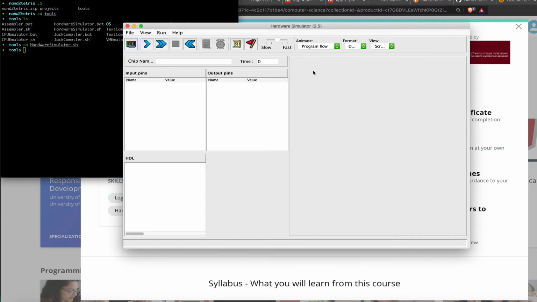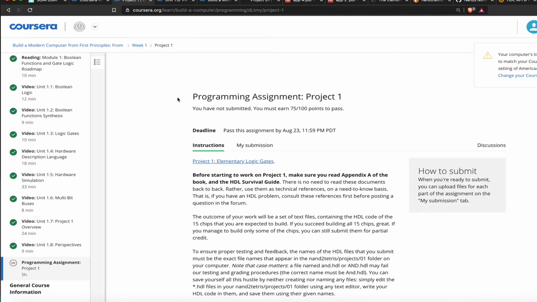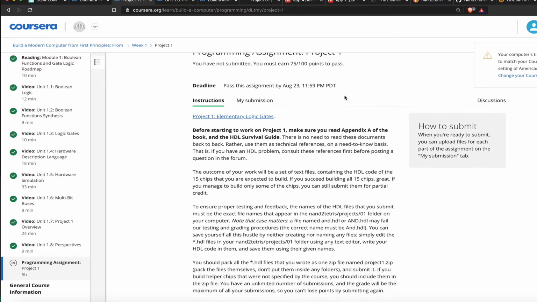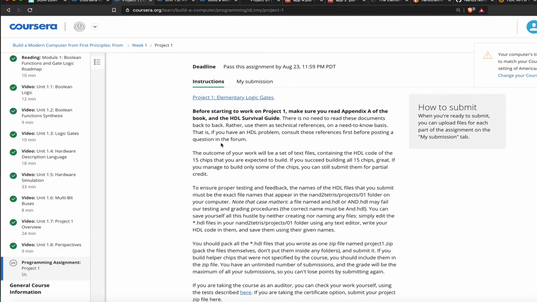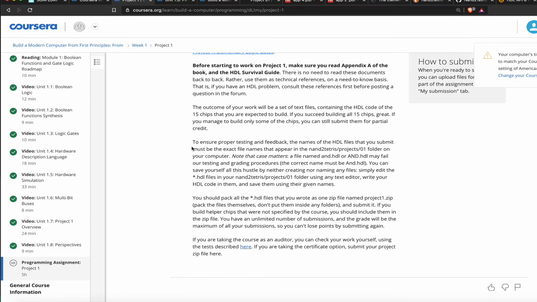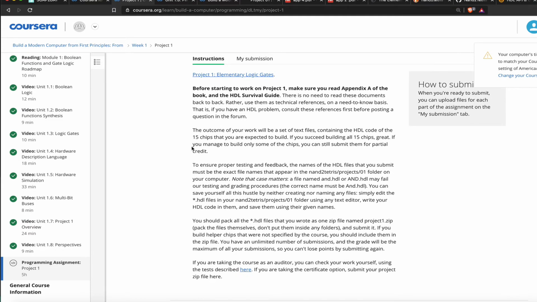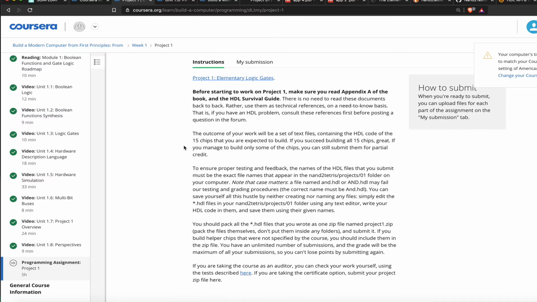Anyway, so we got our hardware simulator started, and let's look at the first assignment. So we're going over to the first assignment. Project 1 is asking us to build our chips and build our logic gates. So we're working with logic gates and testing them. And he doesn't have any practical videos showing us a few examples of how to get started. So it's like you're kind of on your own. Luckily, Google's there to help us out,